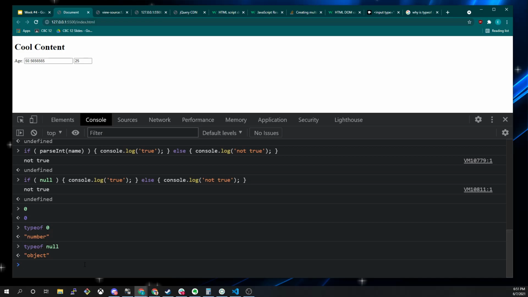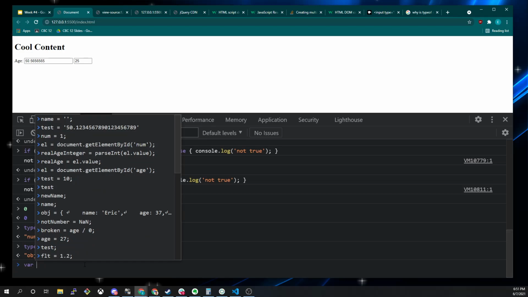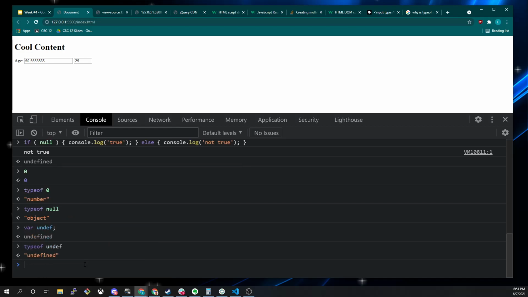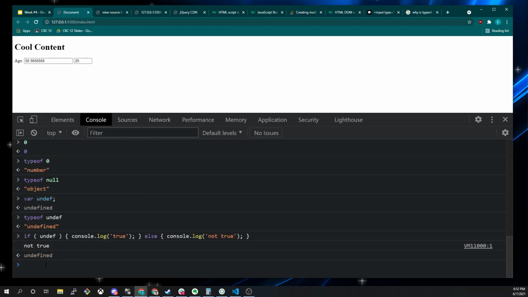Because we know that if I just make an undef, typeof undef is undefined. If I do if undef, wait, let's copy our thing so we don't have to do this. Undef, right? JavaScript is smart enough to know that undefined is a not true value. But oftentimes,